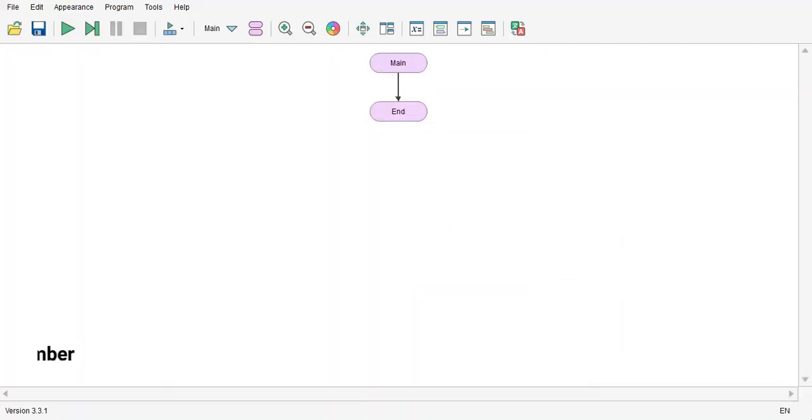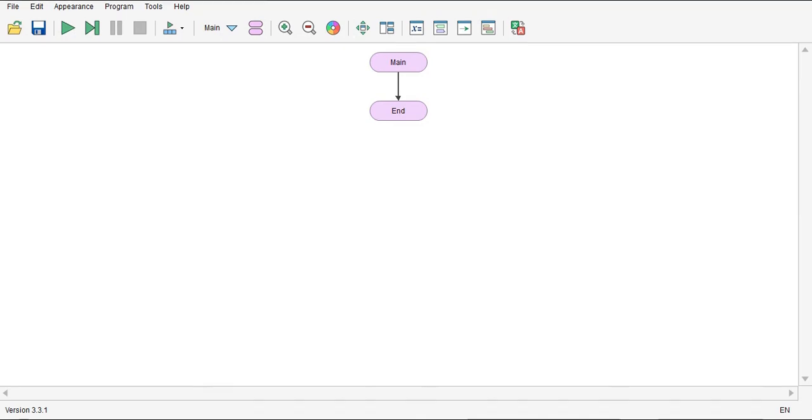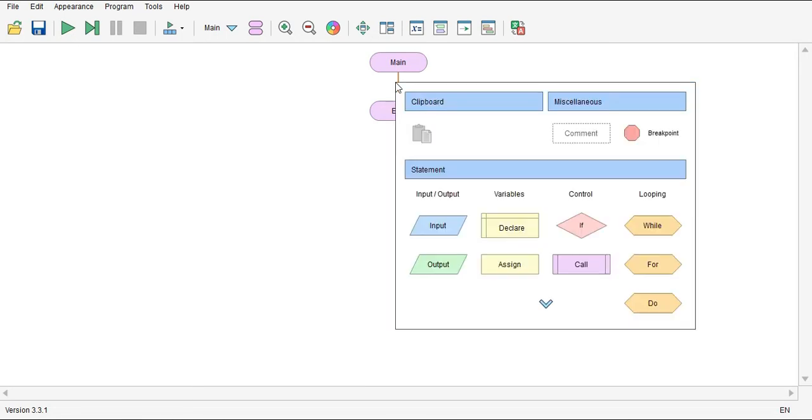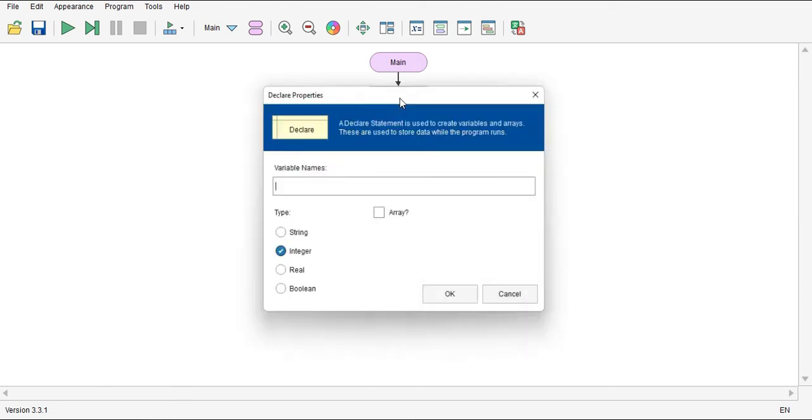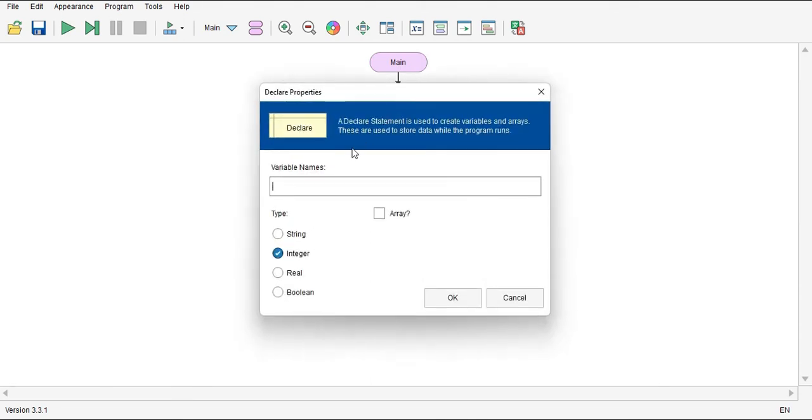The last, I'm going to show you how to determine an odd or even number by flowchart. It has some steps similar to number 1 until number 4. The first, we choose declare. For variable, choose integer, numbers and remainder, then click OK